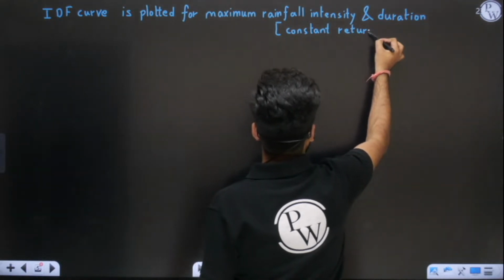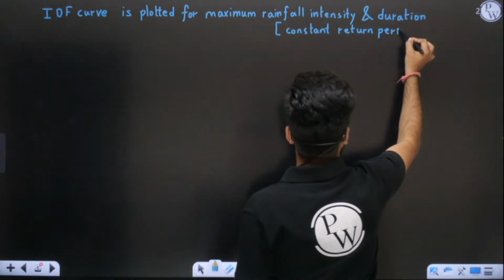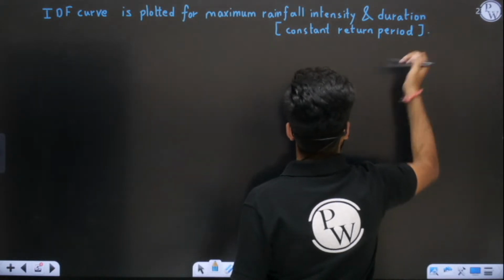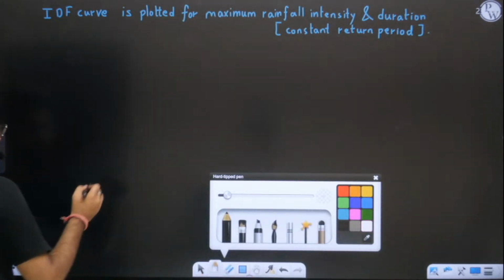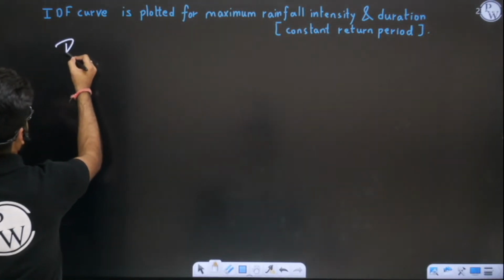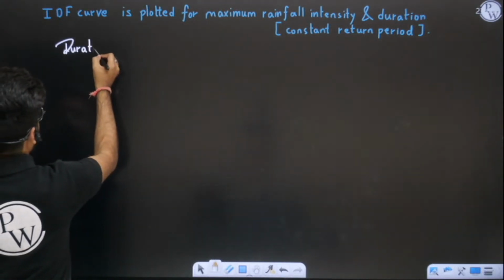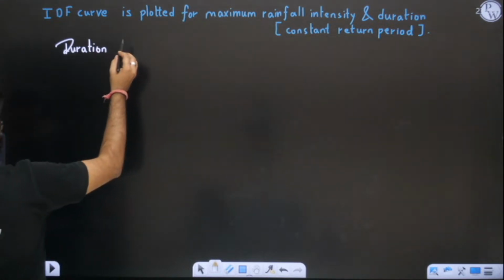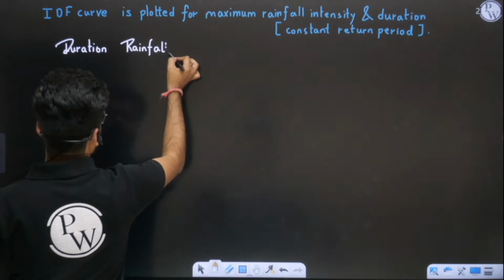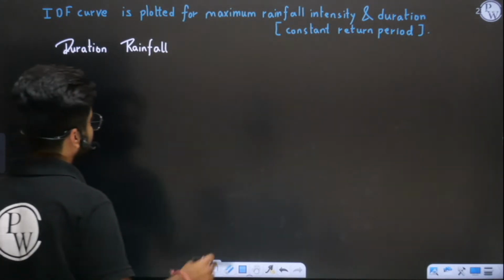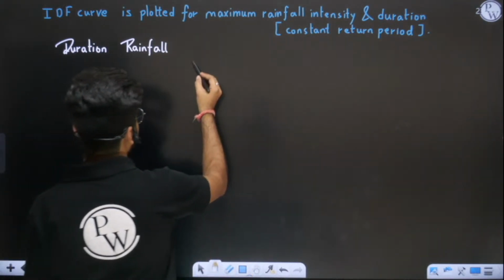But sir, how will we do that here? Tell me. So let us take some graphs here. Let me say we have duration here, and here we have rainfall. Now we'll take maximum duration for 30 minutes,